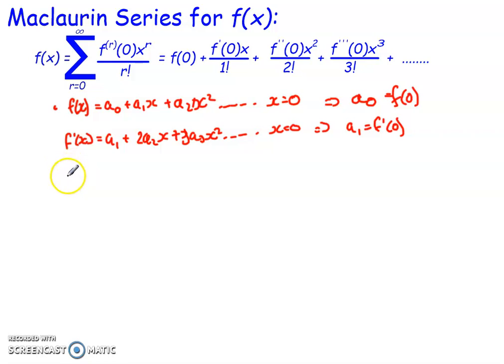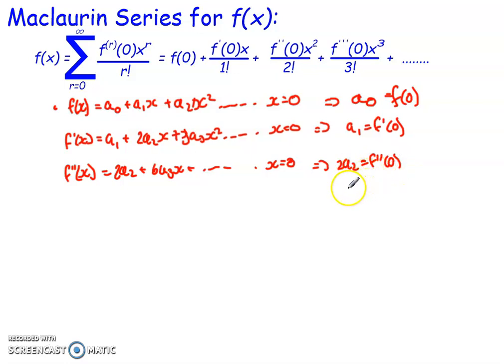If we then take the derivative yet again, we get f double dashed of x equals 2a2 plus 6a3x, and then it's going to continue on and on again, and again we take that same step and set x equal to 0. Everything's going to disappear, but we're going to be left with 2a2 is equal to the second derivative f double dashed of 0. If we rearrange this, what that means is I can write a2 equals f double dashed of 0